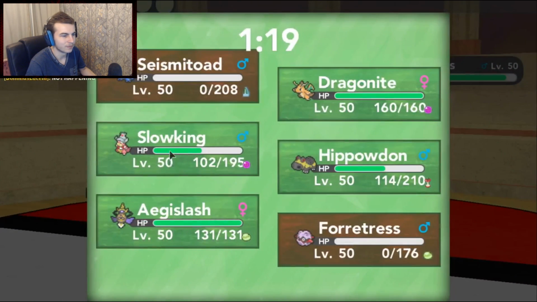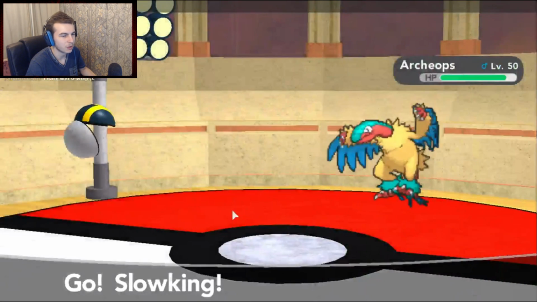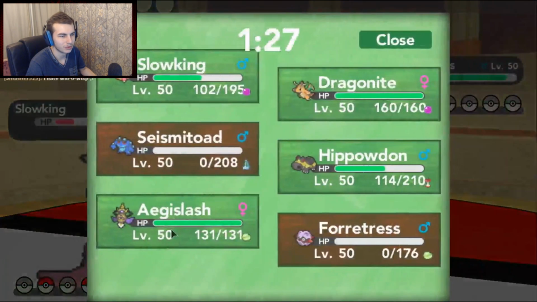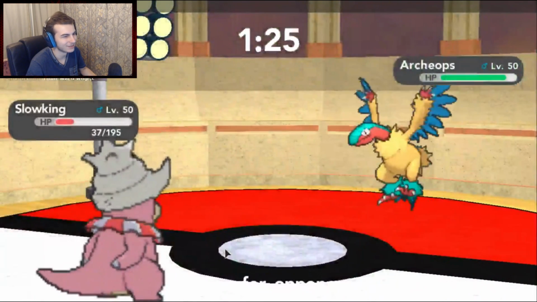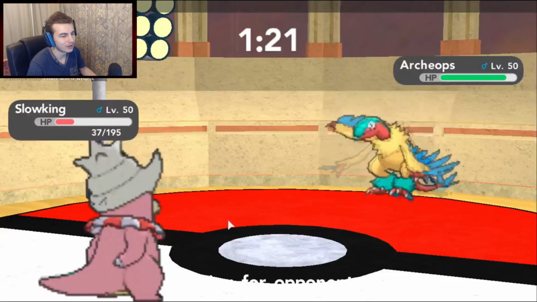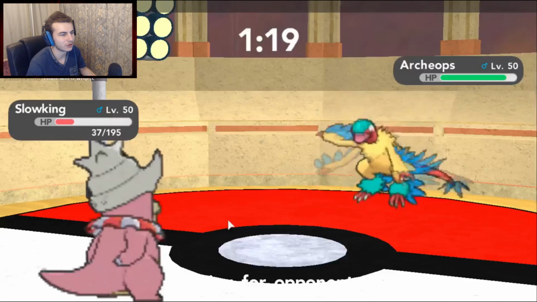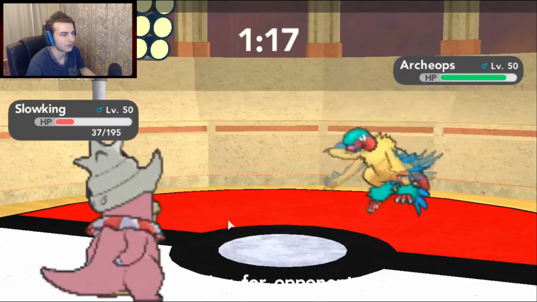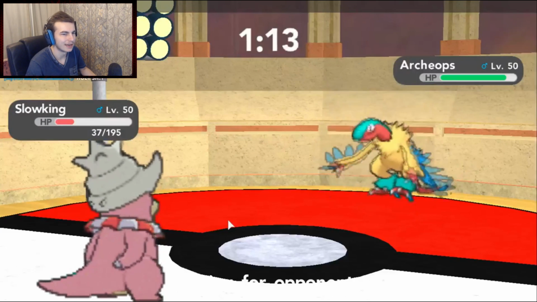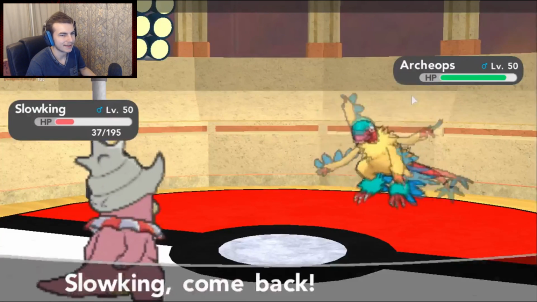So yeah, anyway, I'm trying to think what's the best thing to take this out. Probably Slowking, right? Actually, do you know what I'm gonna do? Just to get Slowking's HP back to full. That's why I just like running Slowking, just because it's so easy to just get its health back to full. All I have to do is just throw in a different Pokemon which can tank a hit. I mean, Aegislash can tank a hit from